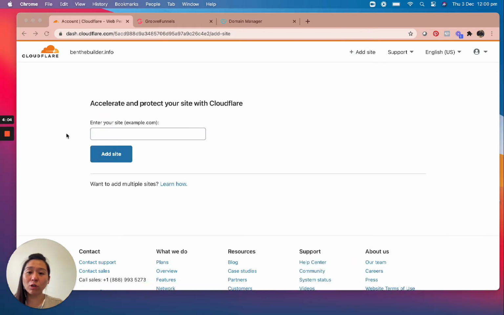Once you've logged in, you should be able to get to a screen like this. After you've pressed add a site, you should get this screen here to add your site. I've already got a site up here, as you can see, but I want to add another one. So what I'll do is add my site, and the site that I'm adding is